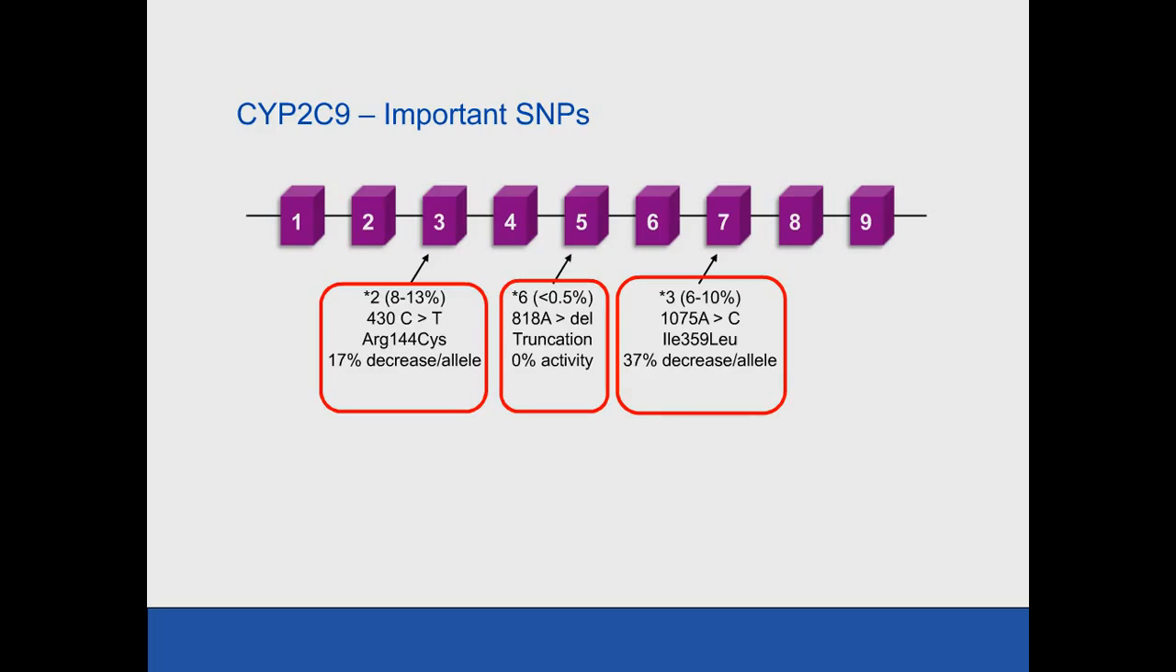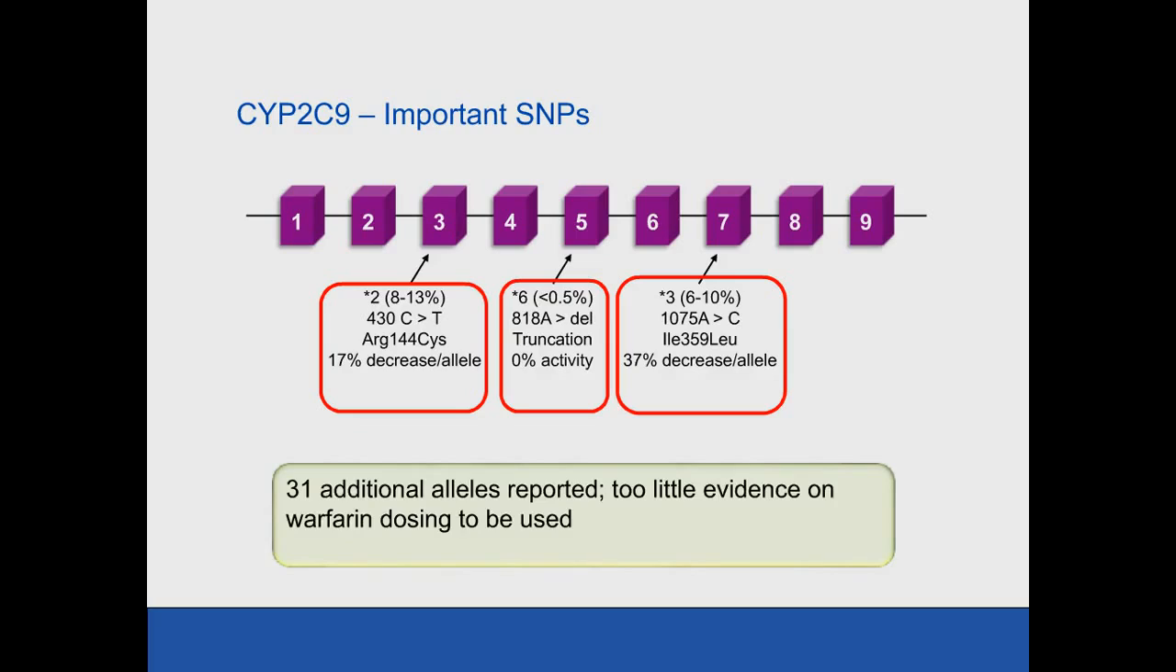And there's a star 6. It's a bit more rare than the star 2 and star 3, which is a deletion of adenine at 818, results in a truncation, and there's 0% activity per allele in the event that that SNP is present. There are other alleles reported with respect to warfarin. There's too little evidence to understand how you would use that information in clinical practice. So today in clinical practice, the focus is on the star 2, star 3, and star 6 allele